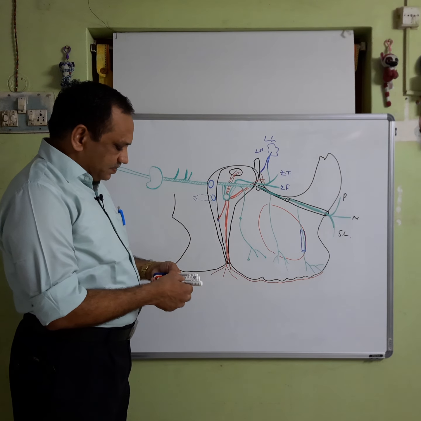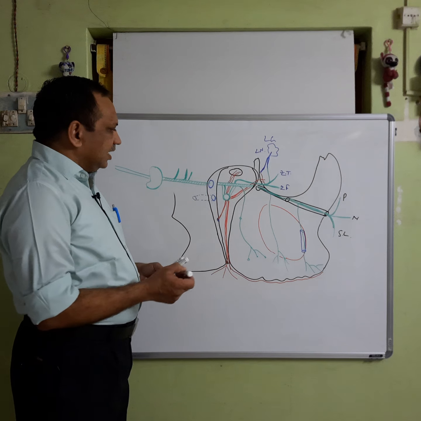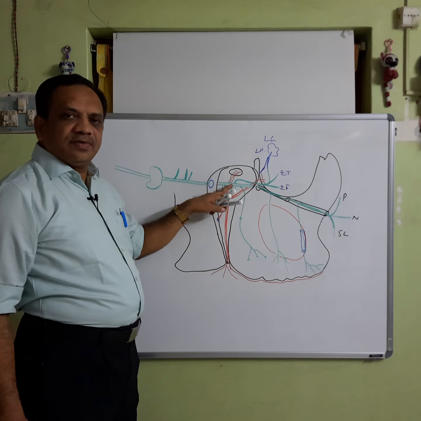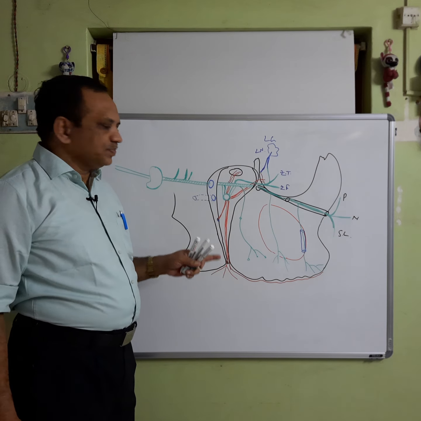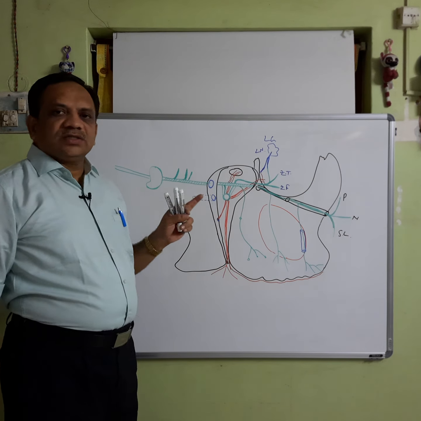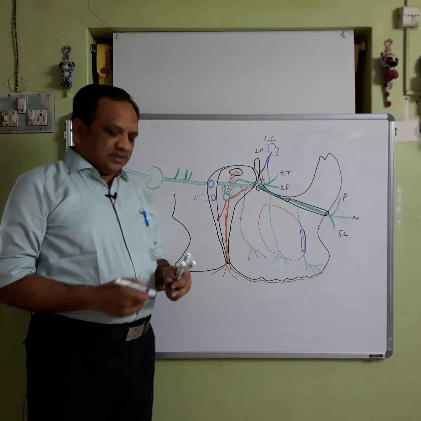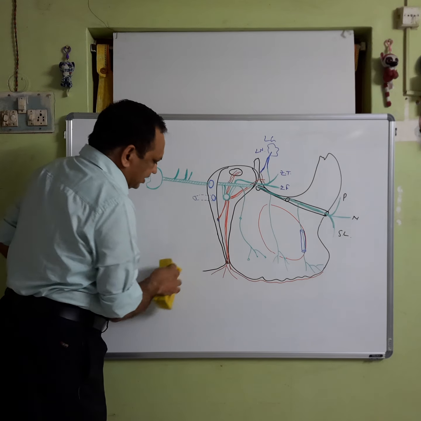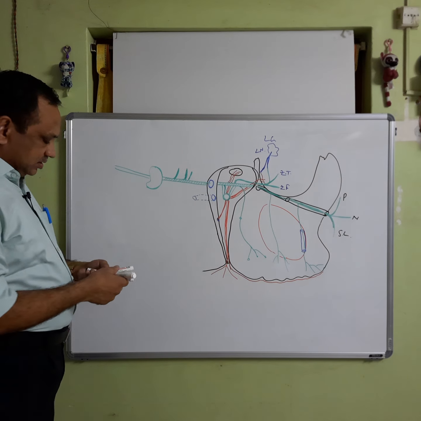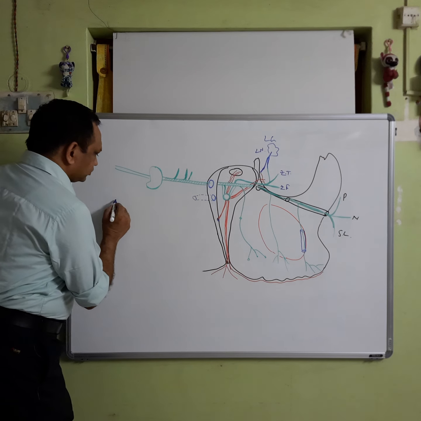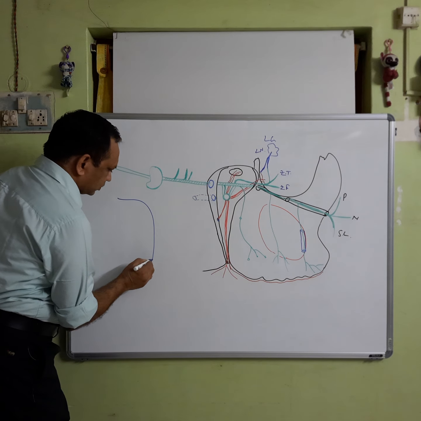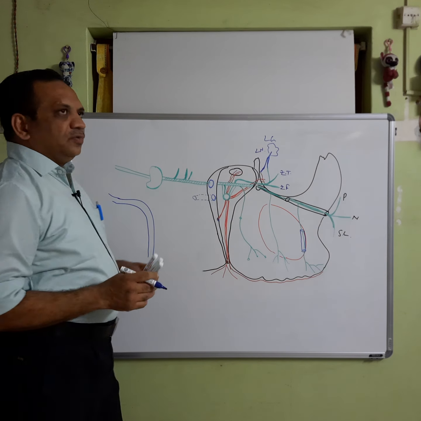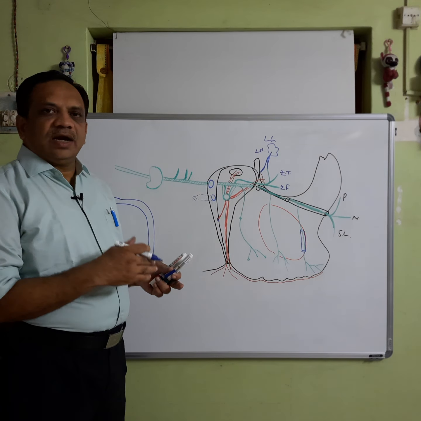This peripheral parasympathetic ganglion, even though it is located with the maxillary nerve, is functionally related to the greater petrosal nerve of the facial nerve. The facial nerve within the tympanic cavity has a genu. The internal genu is there, like this. Facial nerve has a sensory root and a motor root.